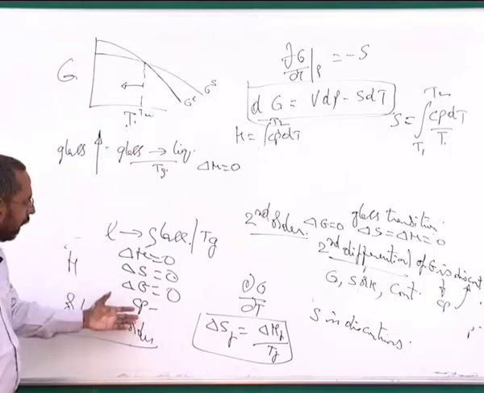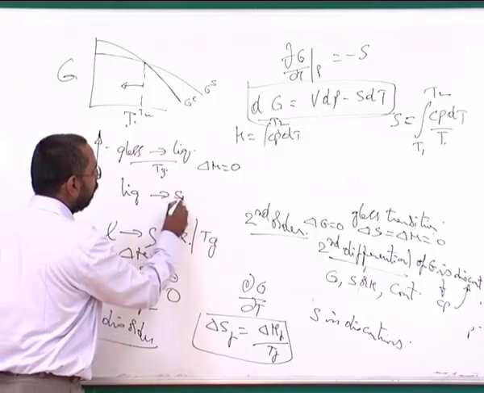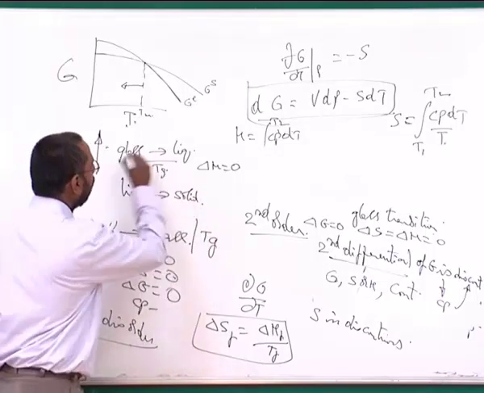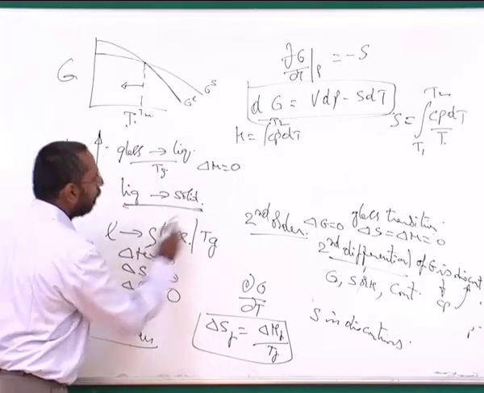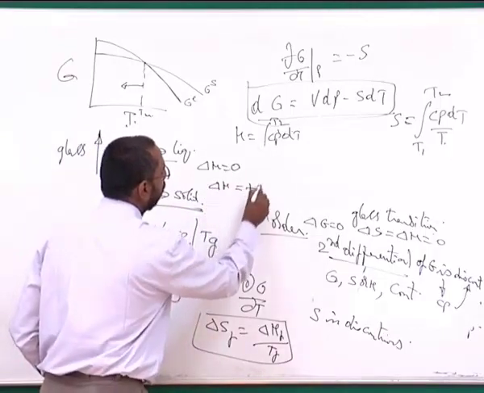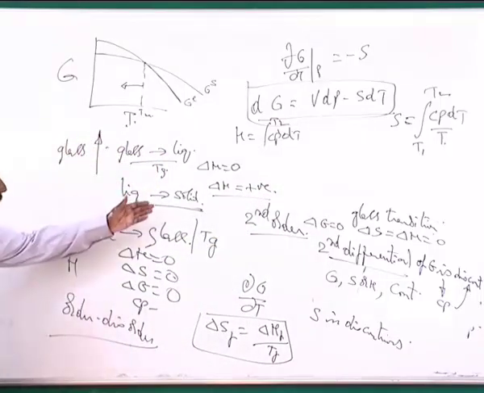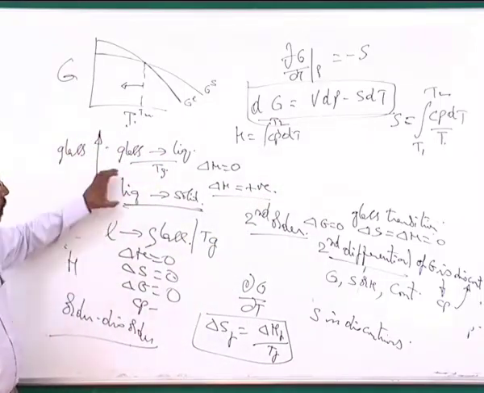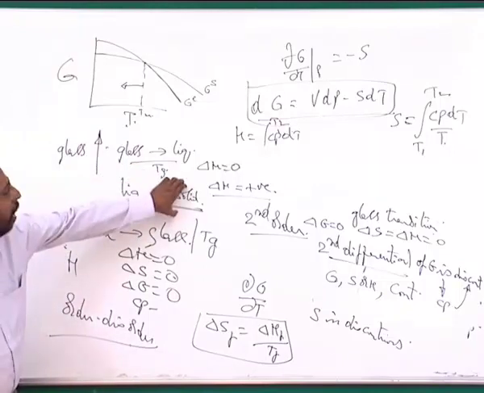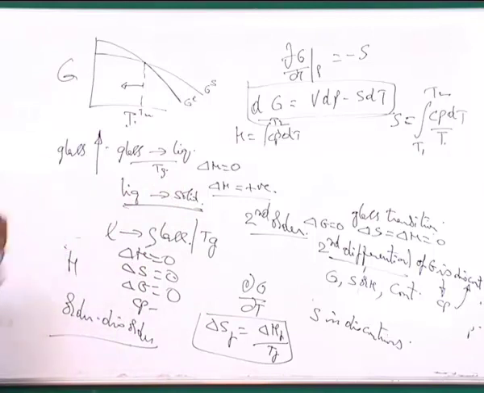Whereas if I take a liquid which is becoming a crystalline solid, not a glass, you will see in this particular case definitely there is a delta H, a fixed value associated with it. In this case heat is evolved, because liquid has a higher enthalpy than the solid. Whereas if it is the reverse, the solid will take heat and then get converted into liquid.